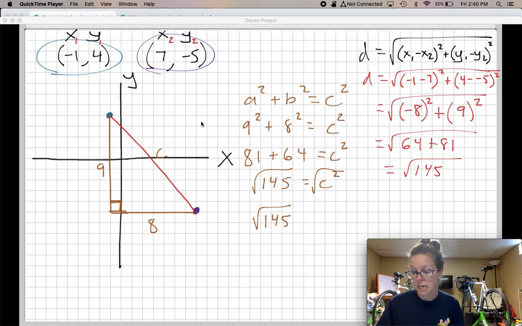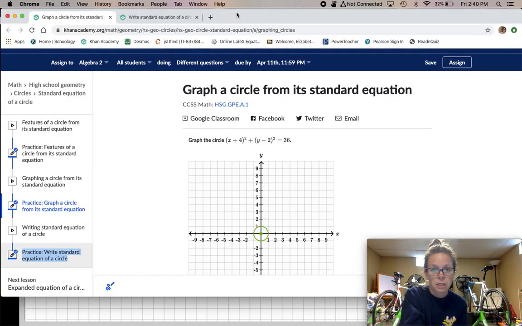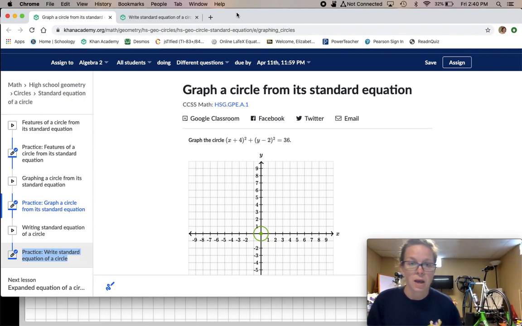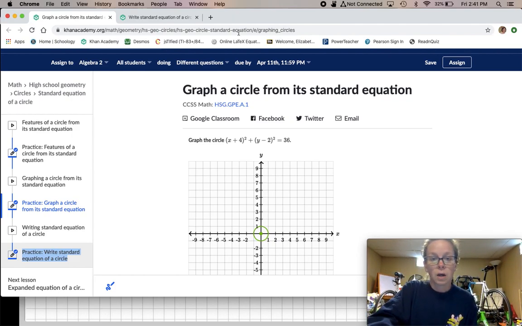The next idea is about circles. And for that, I'm going to look at Khan Academy. So with Khan Academy here, in this example, we're given our equation of a circle here. And so we've got this is going to give us the x part of our,